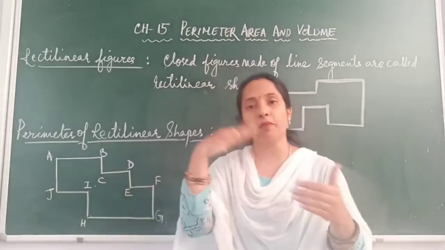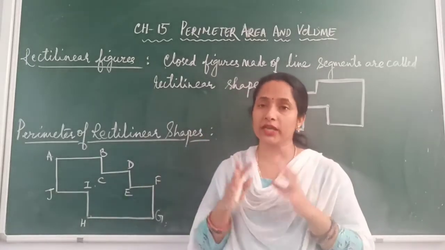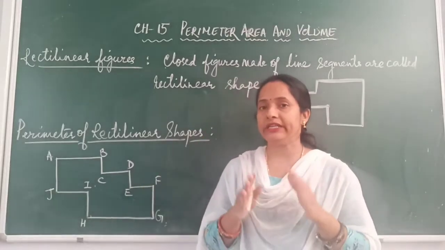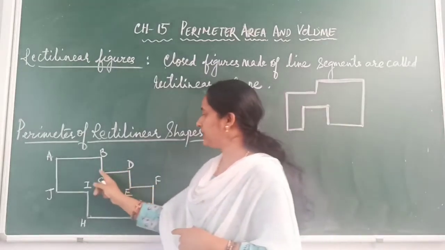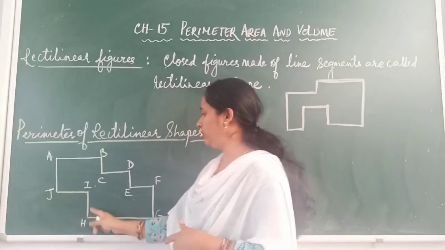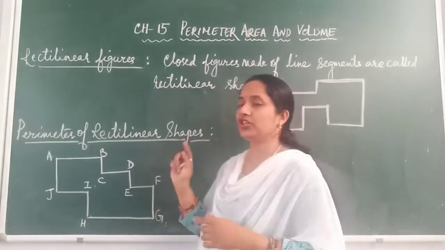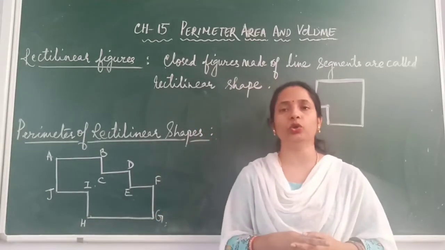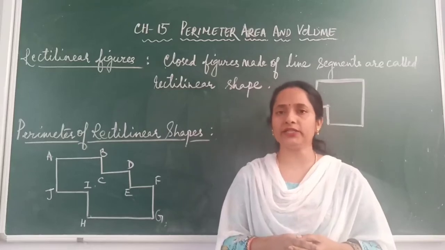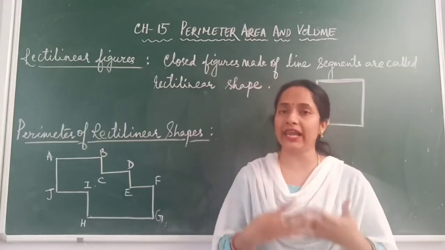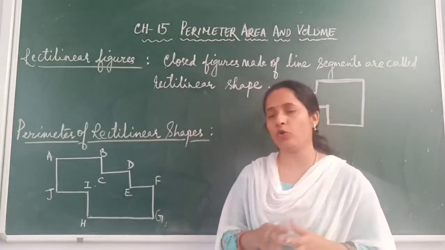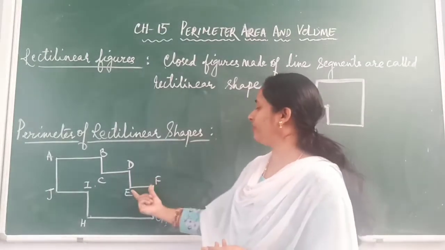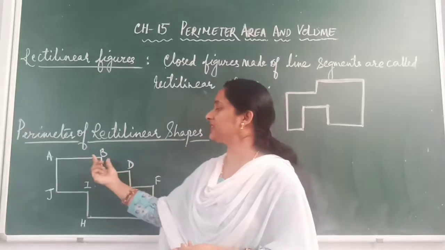First of all, let us go back to the definition of perimeter. The definition of perimeter is what? It is the total length of the boundary. Now here we can see the boundary of the rectilinear figure given to you. Now how can we find its perimeter? How can we find the length of the boundary? We can find the total length of the boundary only when the measurement of each and every line segment is